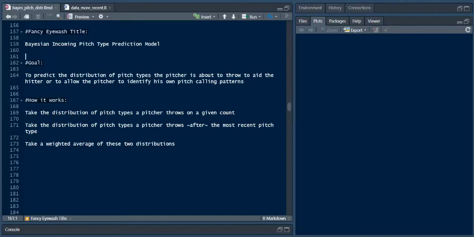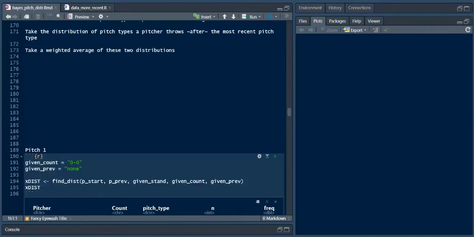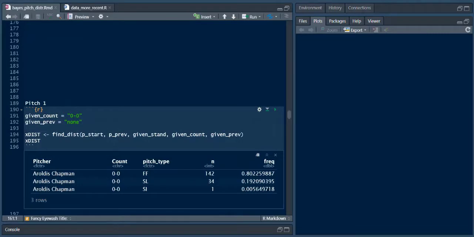So what we get here, and I'll show you the outcome for the predictions for the first pitch of this at bat that we're about to watch, is that we give it the count. We say it's 0-0. We say, what was the previous pitch? Well, there wasn't one, right? Because this is the first pitch. And then this is the function that I made, find dist, with all the parameters here. And what it does is it pops out with a frequency that the hitter should be expecting of this pitch